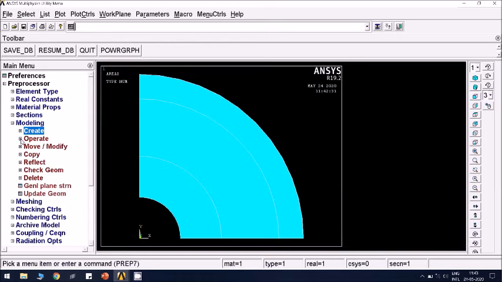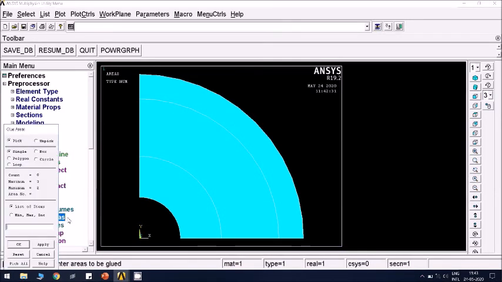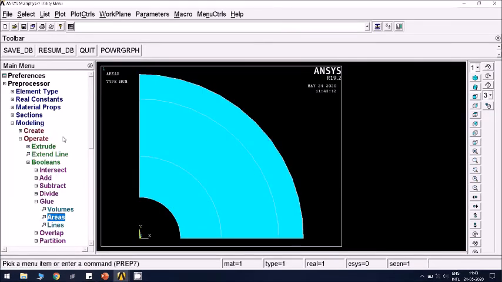Glue is a boolean operation. Go to operate, booleans, glue, areas, select all the 3 areas, click OK. It is glued now. This is a very important operation. If you don't glue these separate areas, extra lines will be present, so the nodes related to this area and this area will not have any connection.